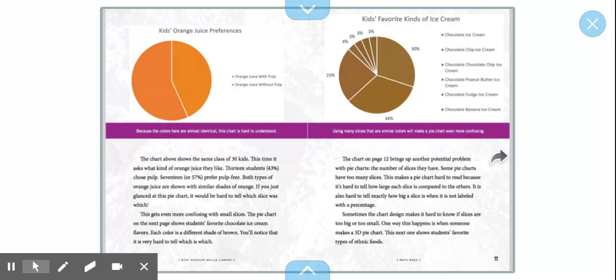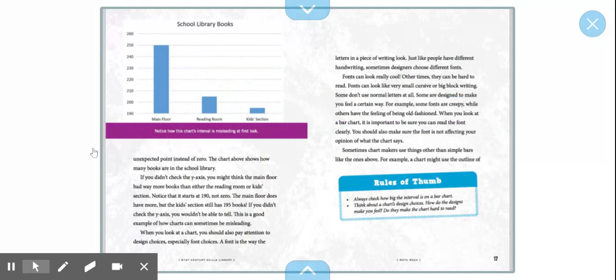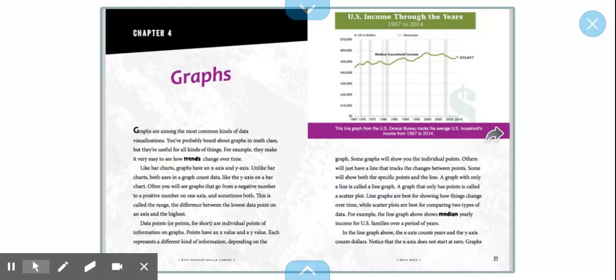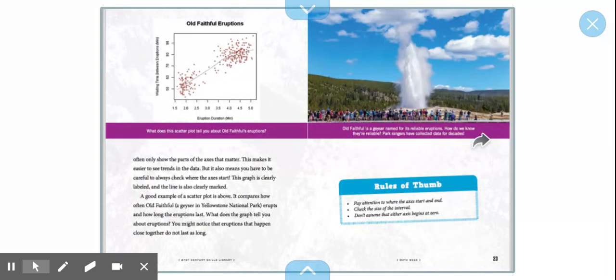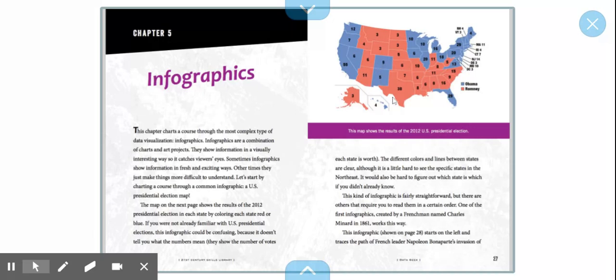It's also very semiotic because it does have different pictures in each page, like how each graph is going to look. We have a bar graph, we just saw the pie graph, line graphs, scatter plots. You can also see these types of graphs when you're on an app, keeping track of your investments. We got the map of the United States, like a voting or an election going on for Obama and Romney, so that would be an infograph. So it is very semiotic,